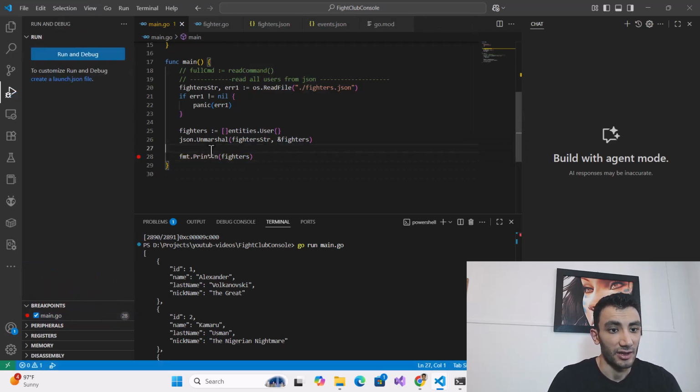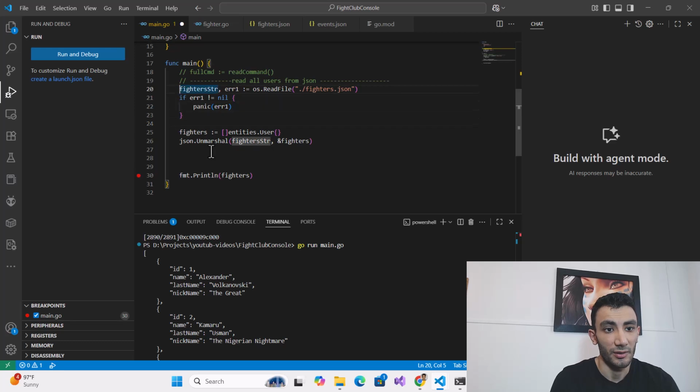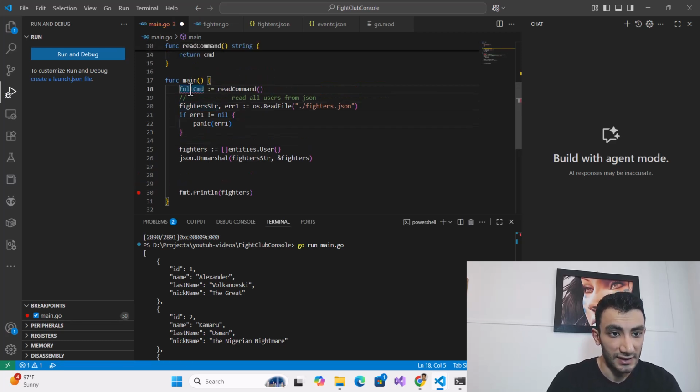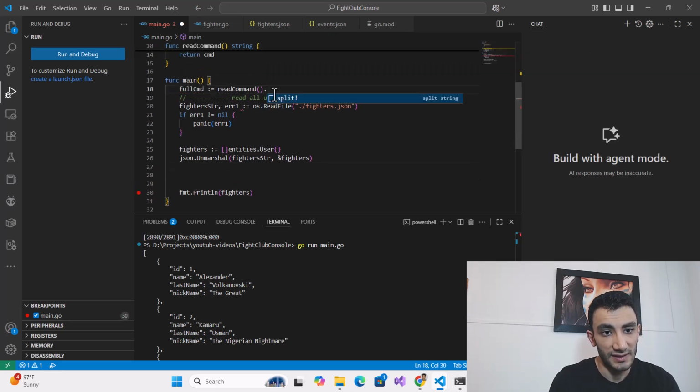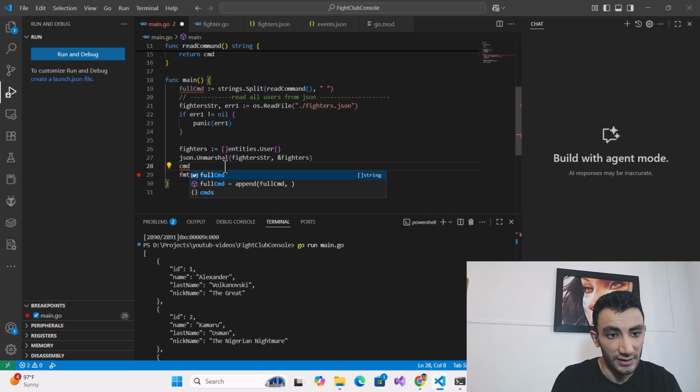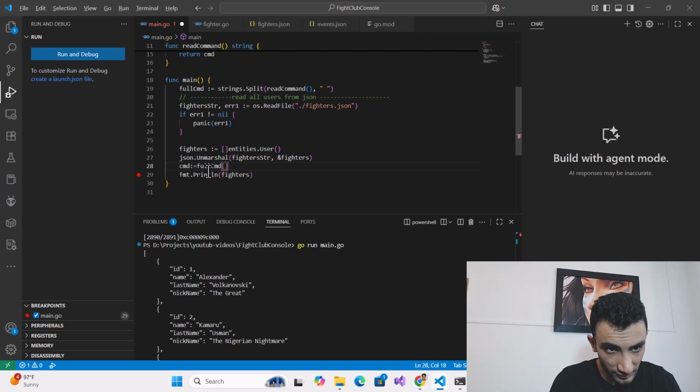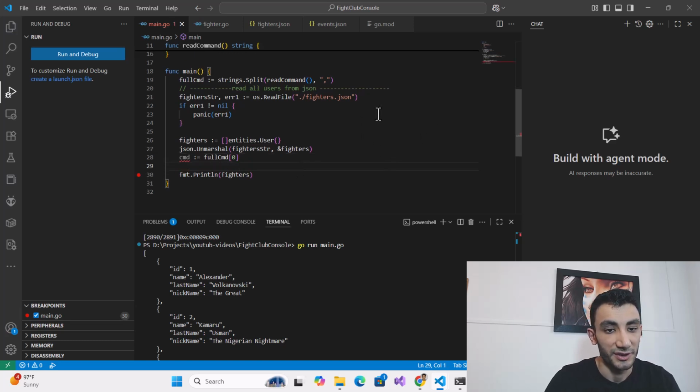In the next step, I want to parse my command and say read command dot split. I want to split that with a space and say cmd is equal to the first. Let's split that with a semicolon, no, a separator.